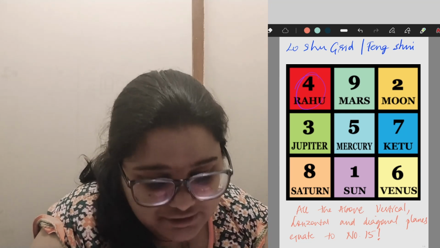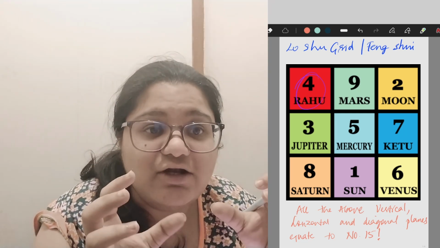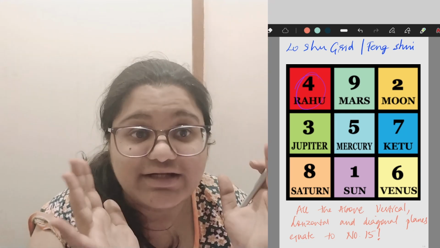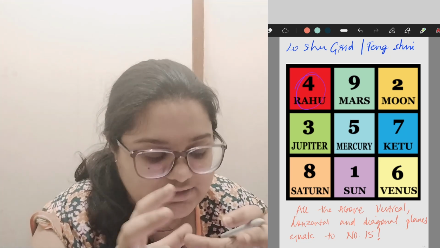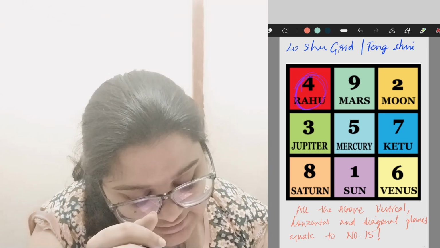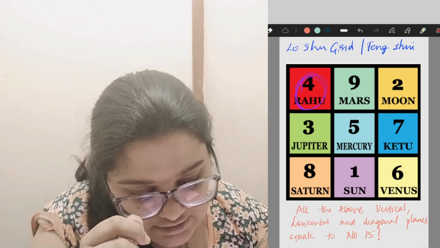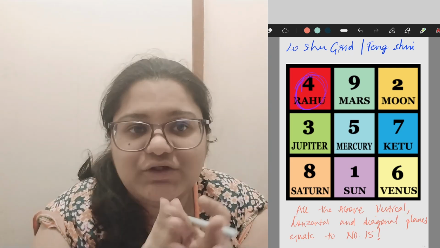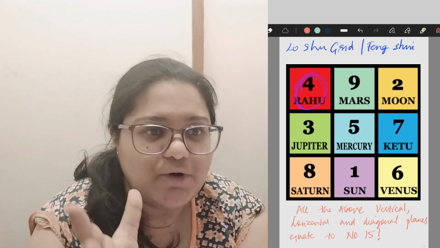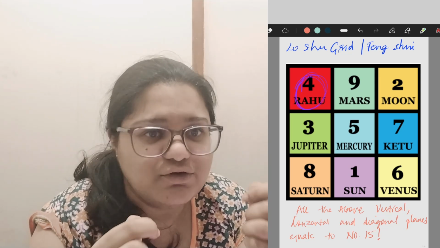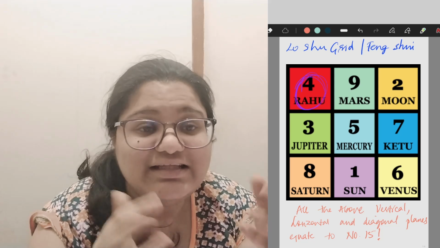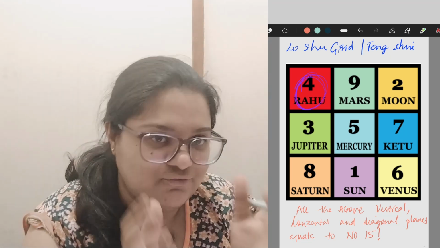And when we are talking about Rahu, you will also be able to understand the entire logistics of organizational skills or organization handling. All of this comes under Rahu. One other element that you can see in terms of number 4 Rahu is any work that you do with your hands, be it carpentry, pottery, or any work related to the hands. The precision, accuracy and detailing that comes with it also plays a very important role. It can be anything at all, but the work that is done with hands is dealt with by the planet Rahu and the number 4.